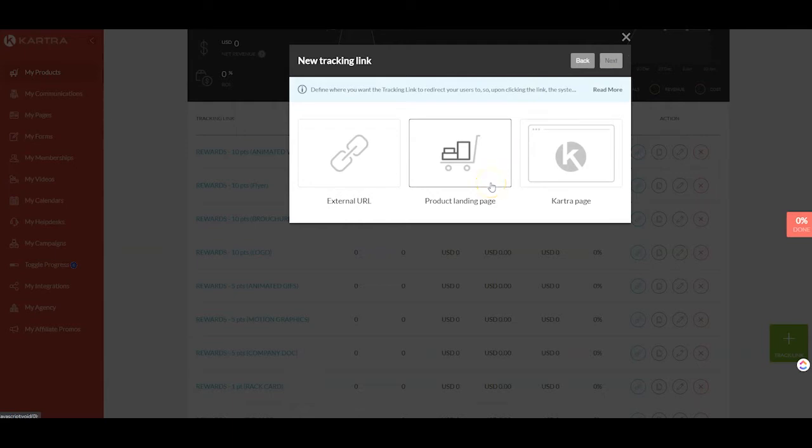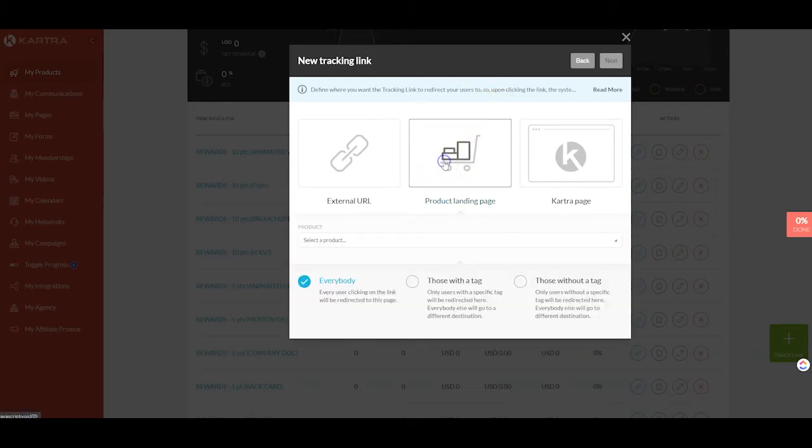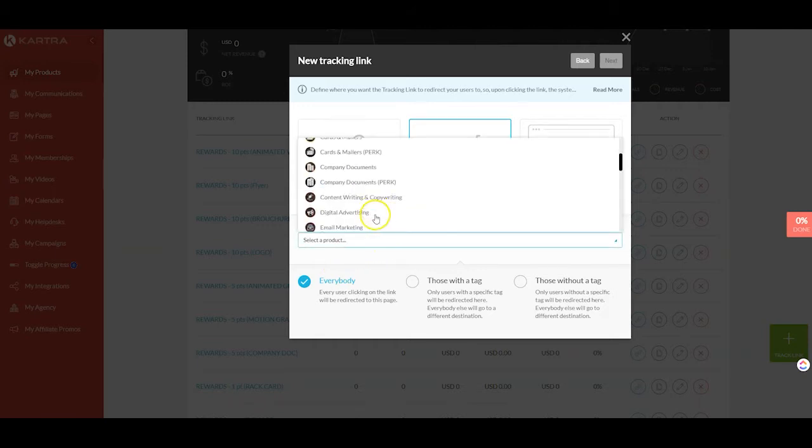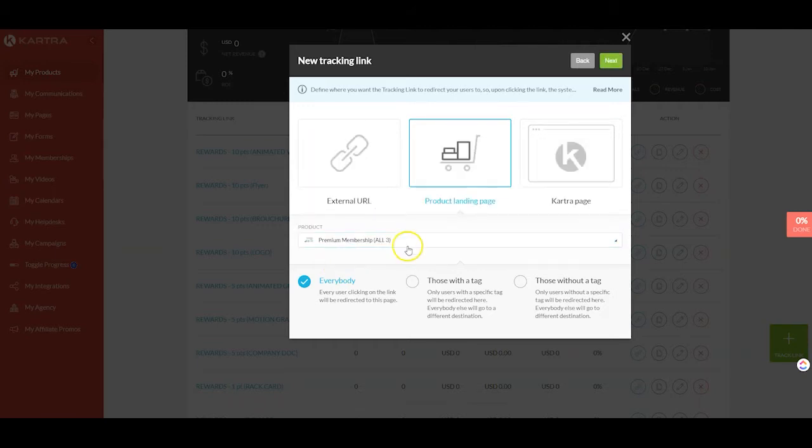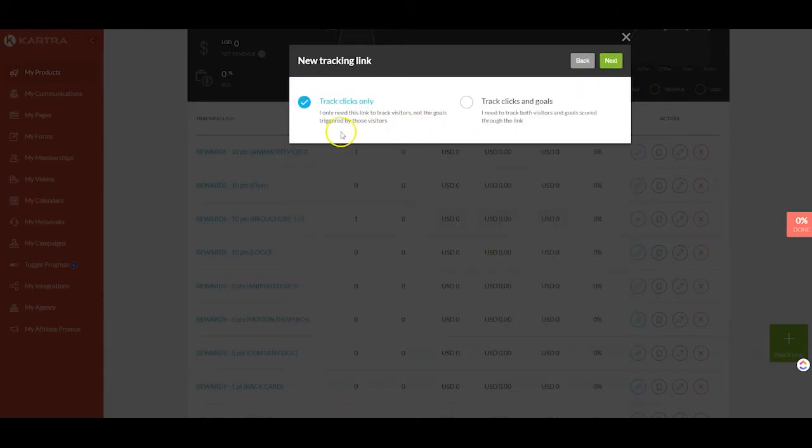You can then select the appropriate options to track the membership or product. So for the example given from a Kartra user, they are trying to track a membership. So in that case, really you can just track the specific membership product. So you would select the product, whatever the membership is. Click Next. We're going to track clicks only